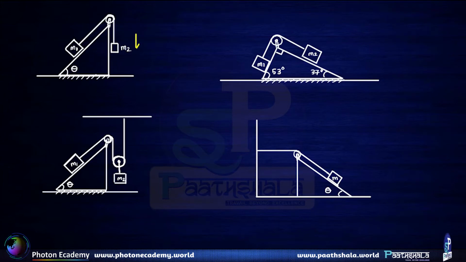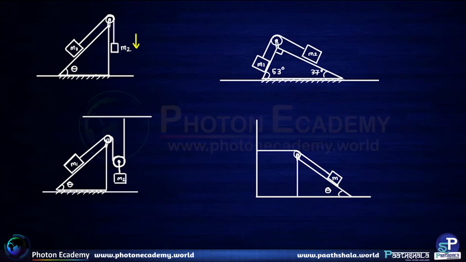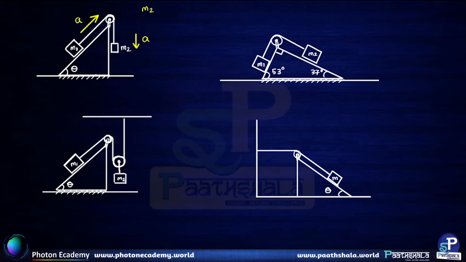So using the method of intuition, in the first diagram, we can understand that if the acceleration of mass m2 is a in the downward direction, then the acceleration of mass m1 will be a along the upward direction of the slope. So both the accelerations happen to be a. So using the method of intuition, we can write down the equations m2g minus t is equal to m2a and